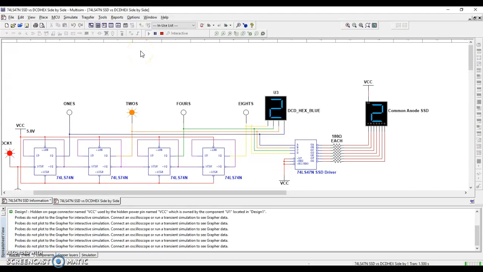They produce basically the same thing, 0 through 9, but once you get above 9, weird stuff starts happening, right? So DCD hex is great if you want to display A through F, but this will work for 0 through 9, and for what we're doing in this class, that's all you're supposed to do anyway. So that's a little demonstration of the